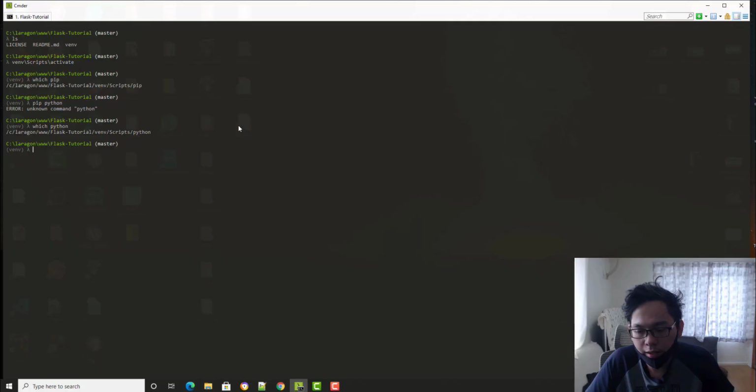A virtual environment is one of the solutions they have. For example, with version 1.0 and 2.0, 1.0 works fine and 2.0 doesn't work with the Flask program anymore. That's absolutely gonna be a problem for you, right?